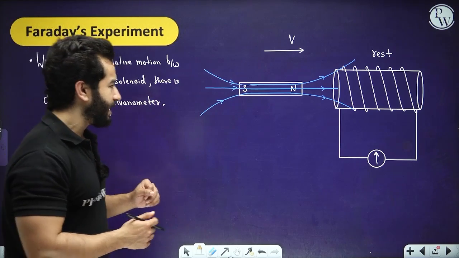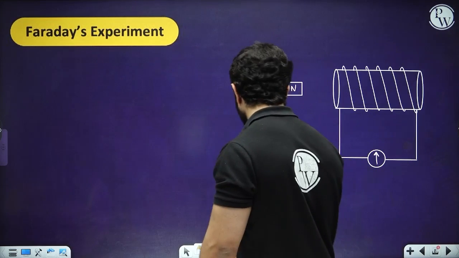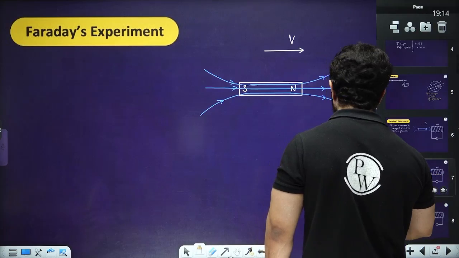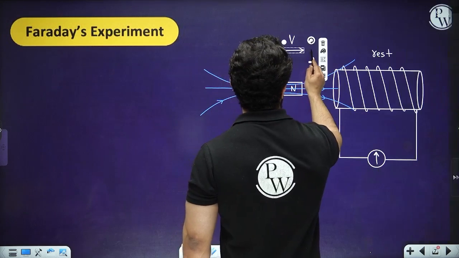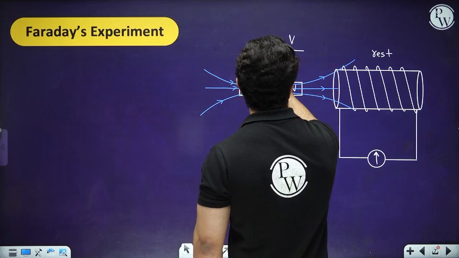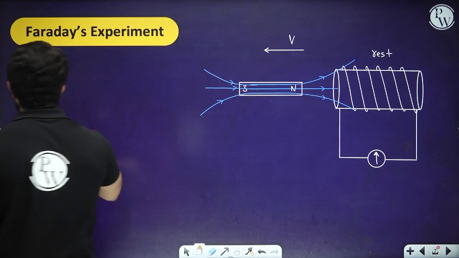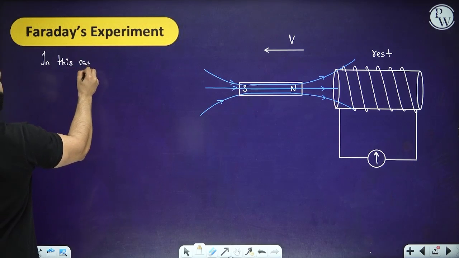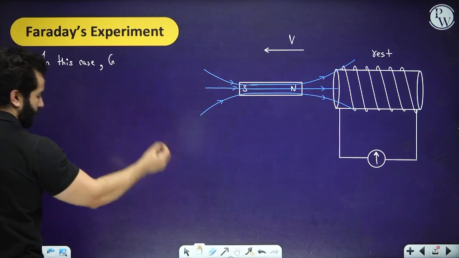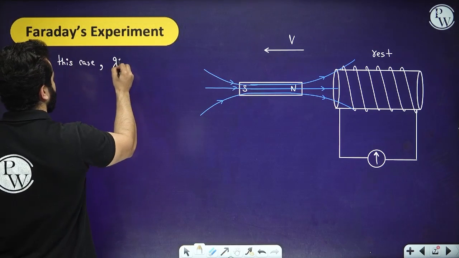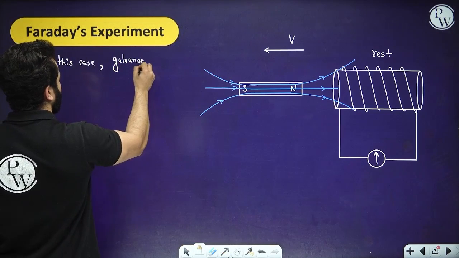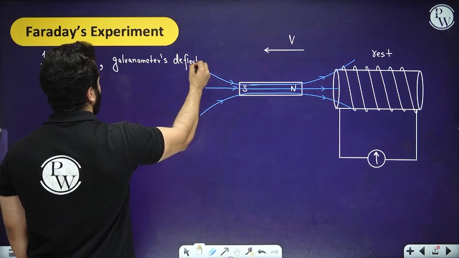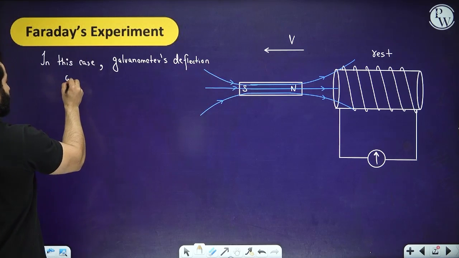Now he actually said that when we actually move this bar magnet away from the solenoid, that means in opposite direction, in this case, galvanometer's deflection was in opposite direction,